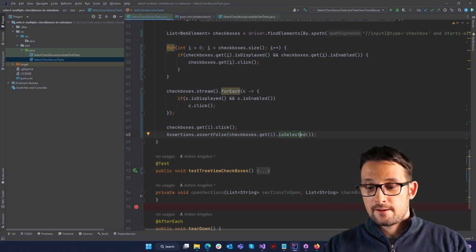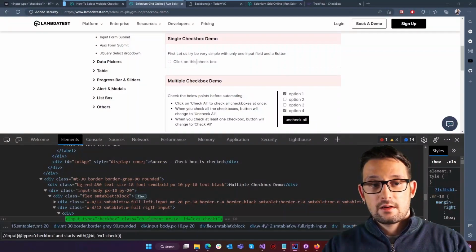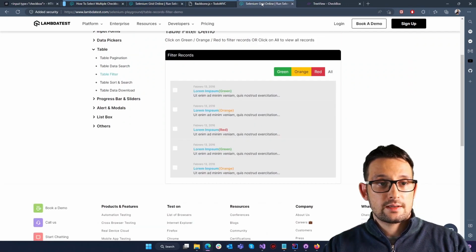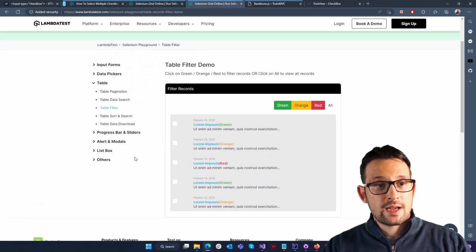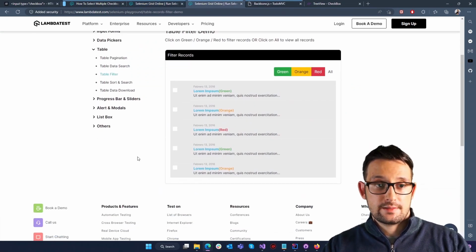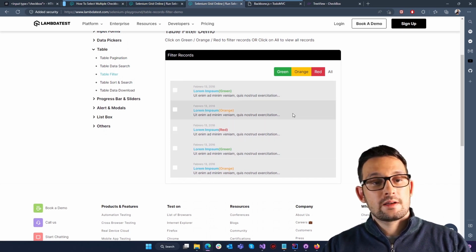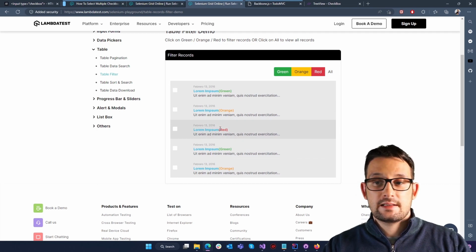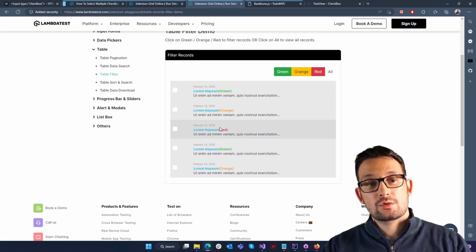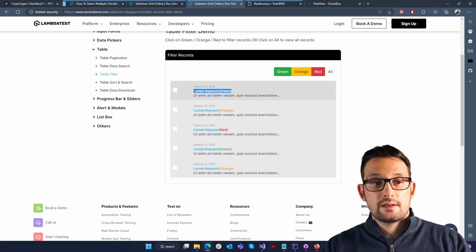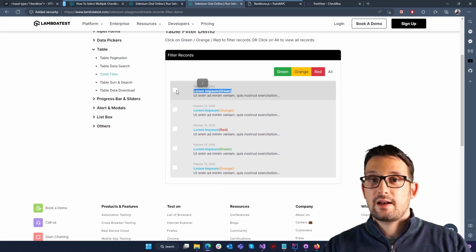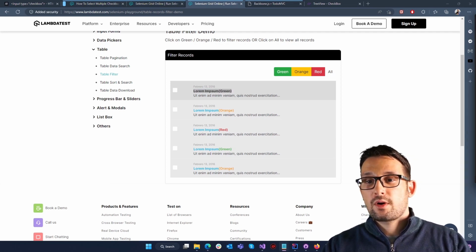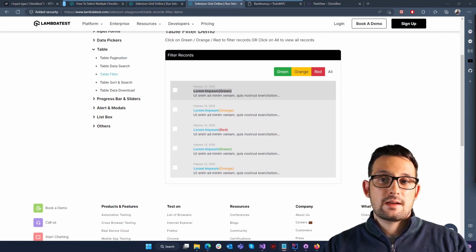What else? In some rare cases, if we return to the examples, we'll have tables like this, where you have checkboxes here. And very often the data inside these tables is dynamic, so we want to be able to find this information here, and by it find the checkbox related to it and then click it. In order to do so, we'll have to write maybe a complex